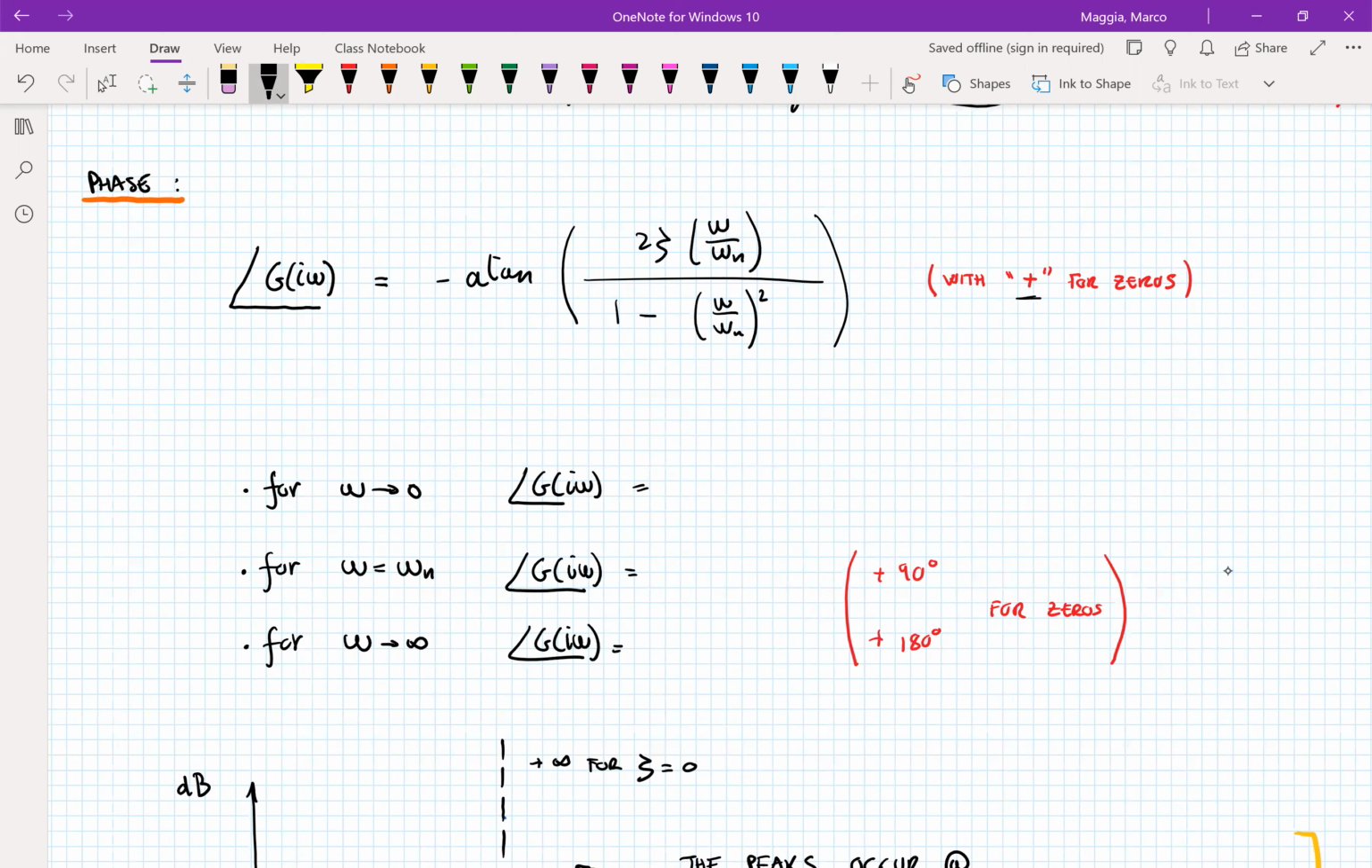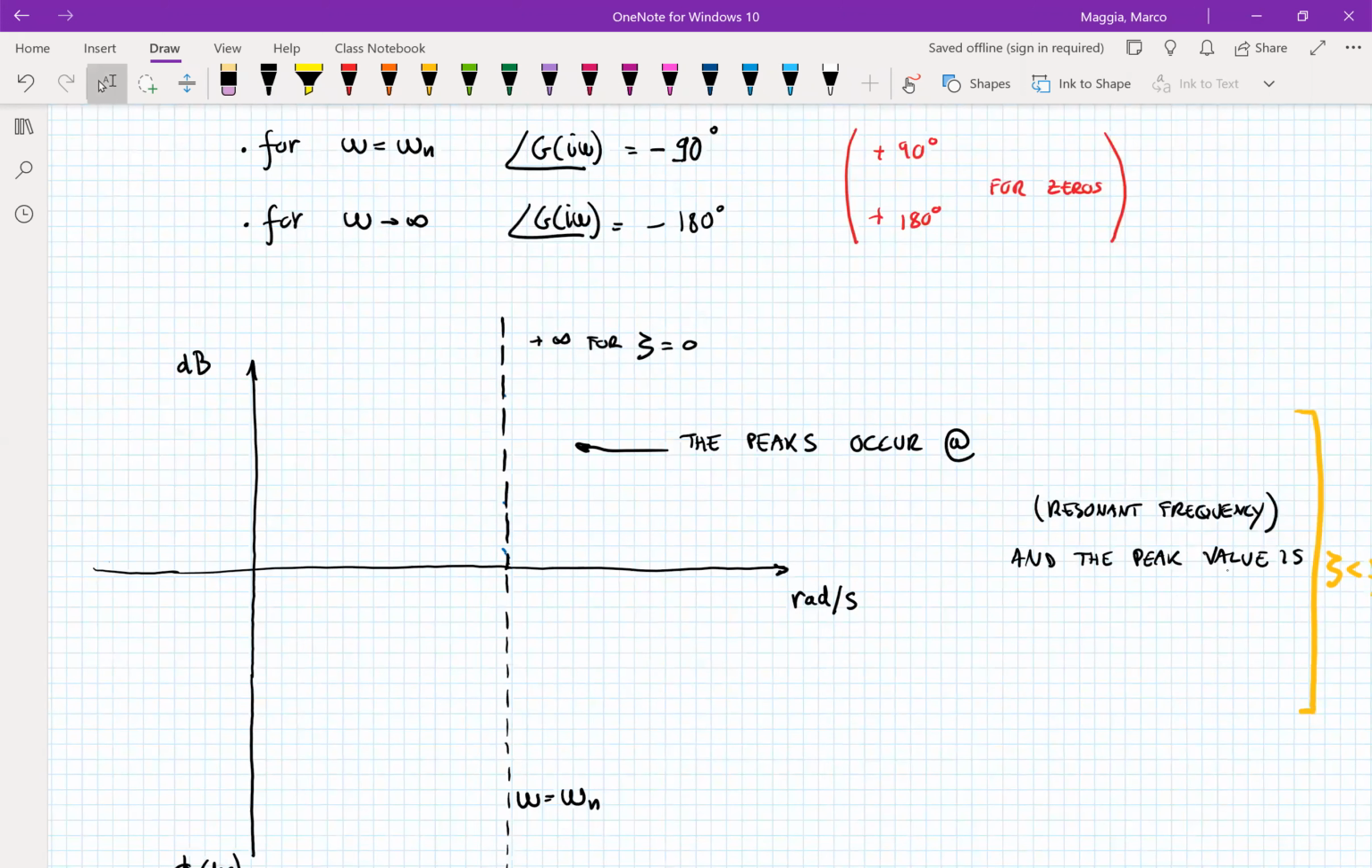extreme cases. When omega is very small, tends to 0, then the phase tends to 0 as well. For omega that is equal to the natural frequency, we have that the phase is minus 90, or plus 90 for the case of zeros, and at very big values of the frequency, then the phase is minus 180. So once again, what we can do is to first draw an asymptotic plot for the magnitude and the phase, and then adjust it